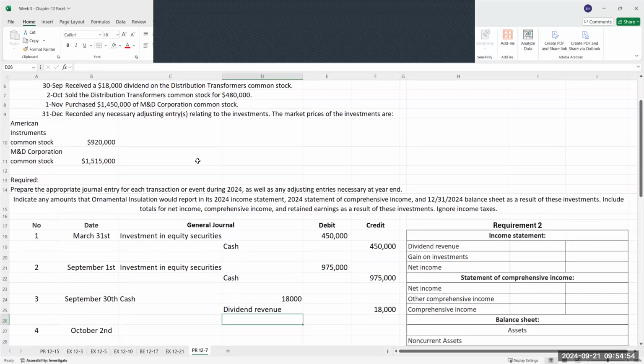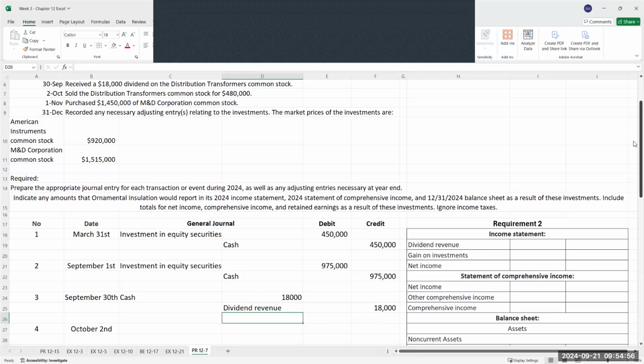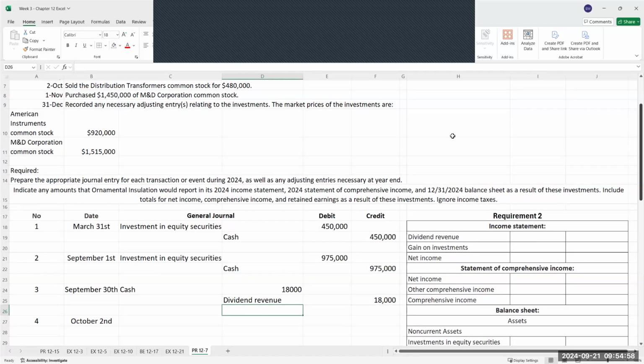$18,000. Now on October 2nd, it says we sold the distribution for Transformers common stock for $480,000. But hold on, before we get there, we need to account for the adjustment, the market price of the investments. They have fluctuated. How do we know that? It basically lets us know that on October 2nd, the distribution for Transformer stock increased. How do we know? Because we sold it for